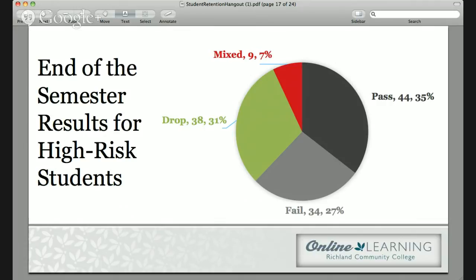So as you can see, our students who were listed at high risk, yes, we had a third that passed, but you've got even more who dropped or failed. So definitely Dropout Detective is doing a good job of picking out those students who are having some big issues. So moving forward,